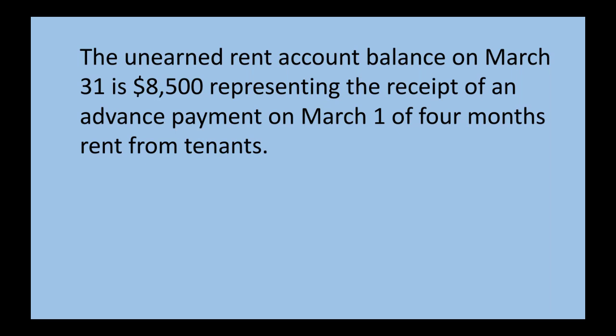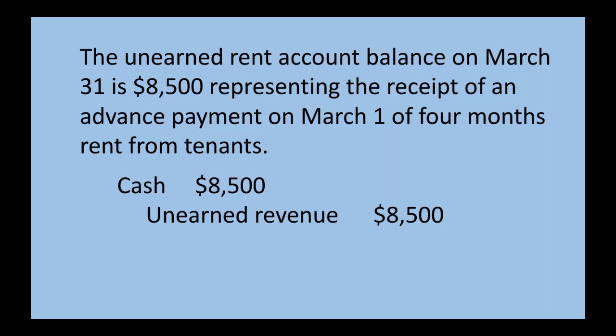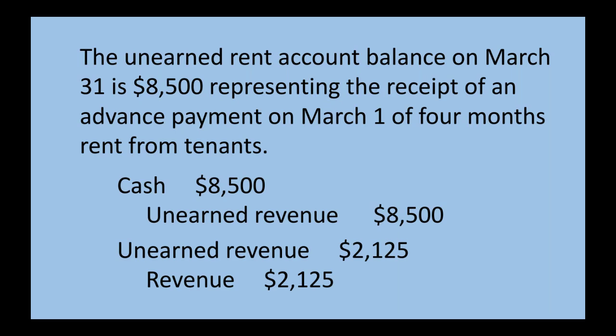The next type of adjustment entry that we're going to look at is for unearned revenue, in this case unearned rent. So the unearned rent account balance on March 31st is $8,500, representing the receipt of an advance payment on March 1st of 4 months' rent from tenants. The way you can tell that this is an unearned revenue account is because the company is receiving payment for something they haven't done yet. In this case, they haven't rented out to these tenants for the 4 months yet. They're receiving an advance payment. The initial entry on March 1st would be a debit to cash of $8,500 and a credit to unearned revenue